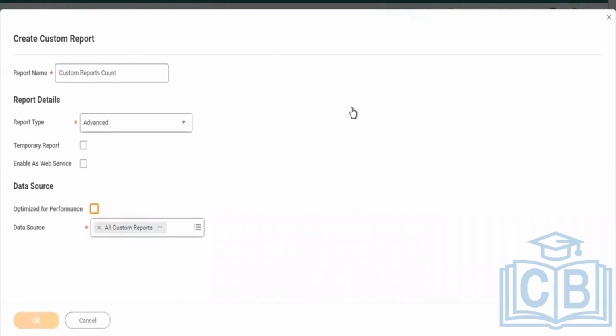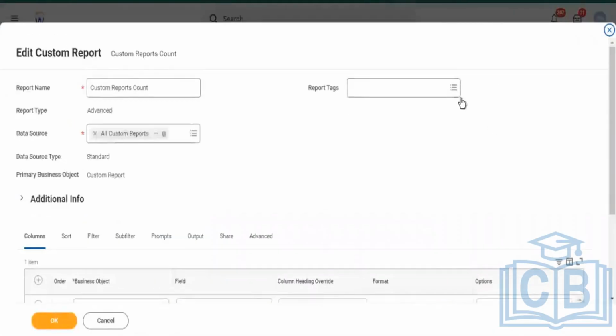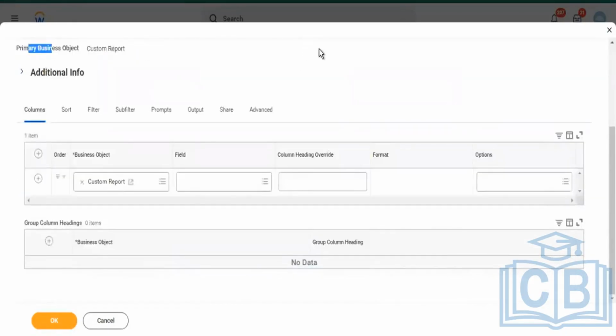Now a matrix report, the layout is very different. This is all that was common. You build any type of report, you'll have to select the data source and it gets you the prime business object related to the data source. Apart from that, if you see,